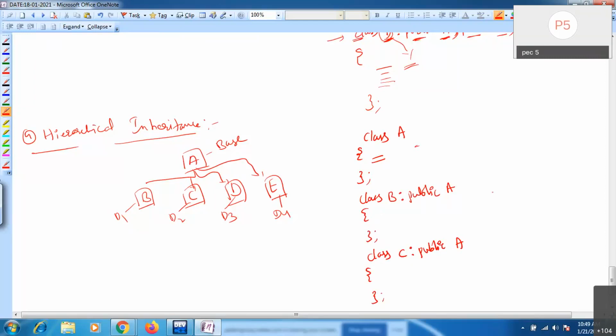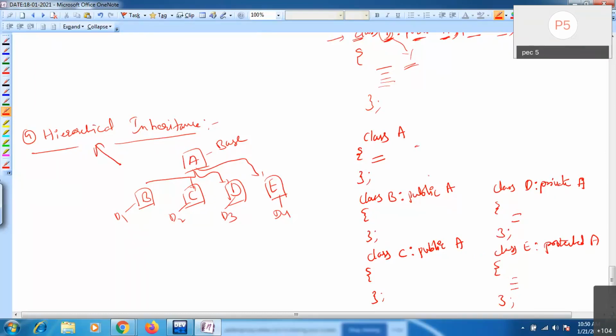Same, class D. You can go with not only public, you can go with private also. Private A. Class E, protected A. You have only one base class. One base class, multiple derived classes. This inheritance we can say hierarchical inheritance.